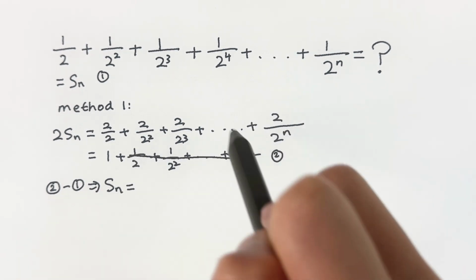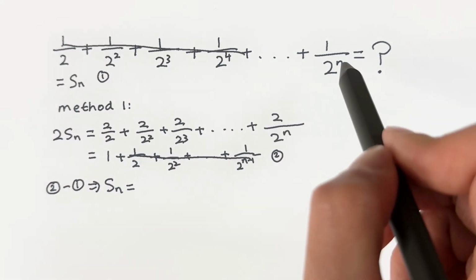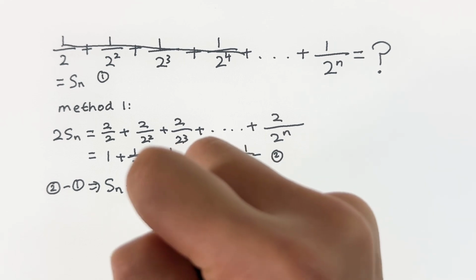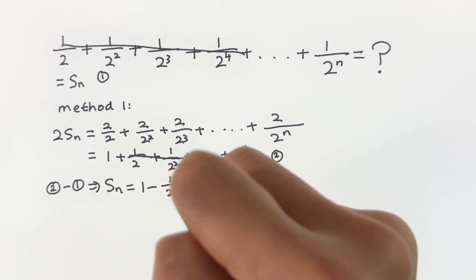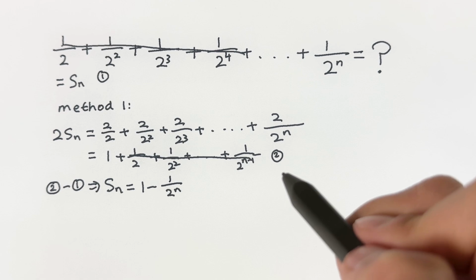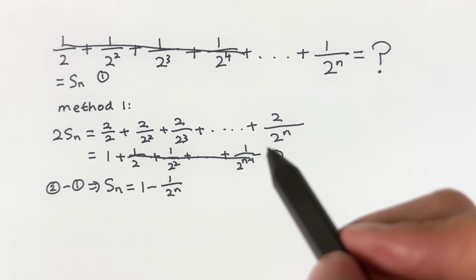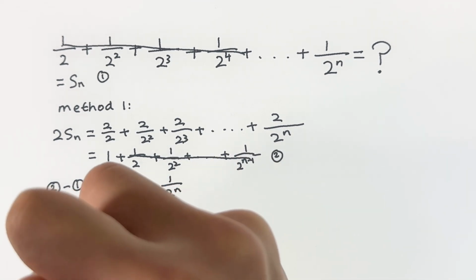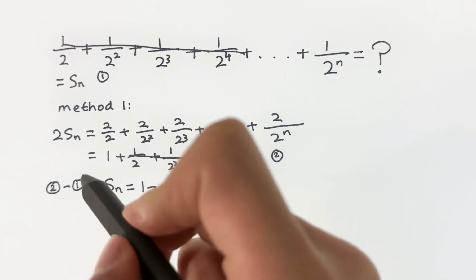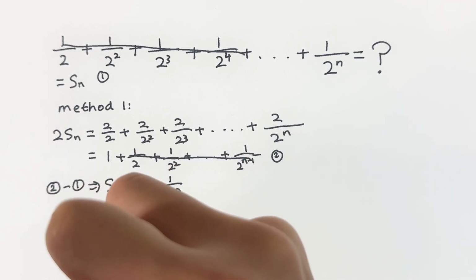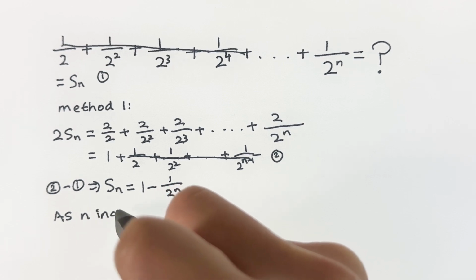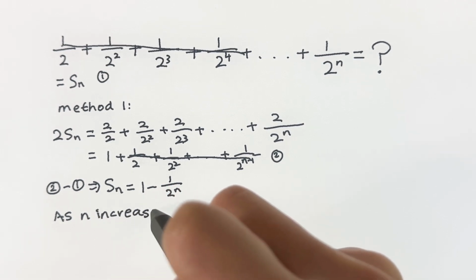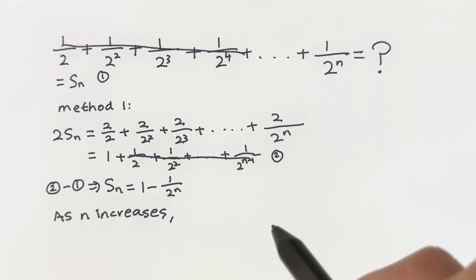So this entire part will get cancelled out. And then we will be left with 1 minus 1 over 2 to the power of n. Then we observe using the extremization method. If we have n increasing, because we want to find the range of Sn. As n increases,